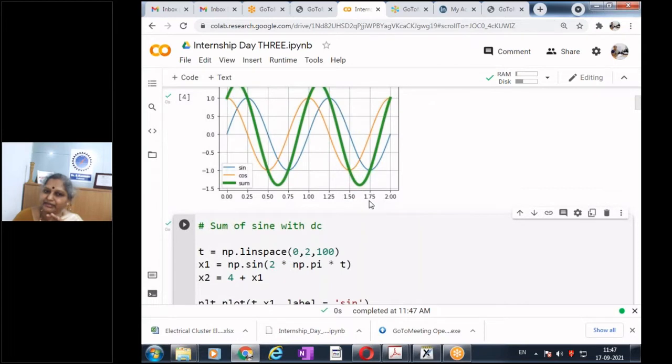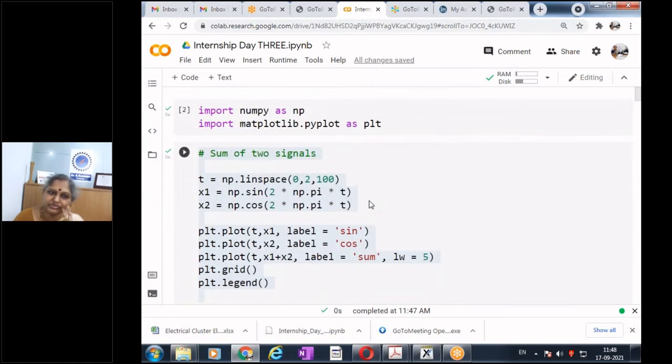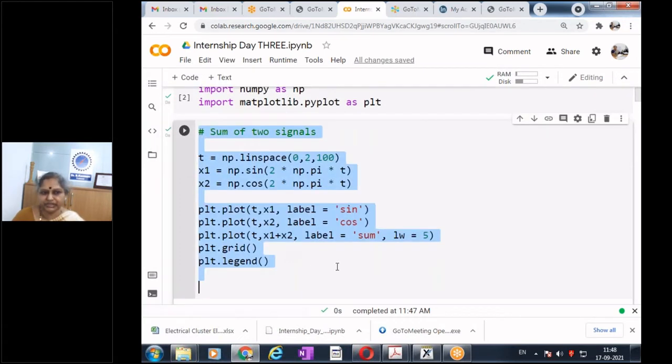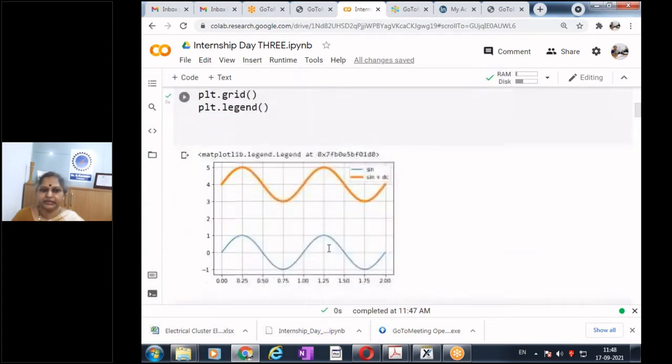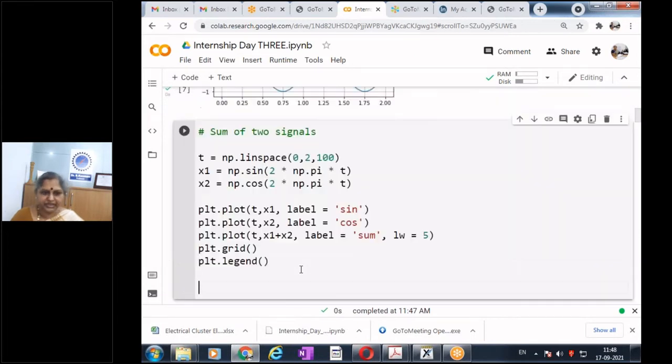Now let's take up one more example. Now I will add, let us say, two sine waves. Once again, let us add the two sine waves. I'll take the same cell and let me copy it. Once again, sum of sinusoids only. I'll keep it as sum of sinusoids. But now what I'll do is my x1 is sine 2 pi t. Let me make x2 as